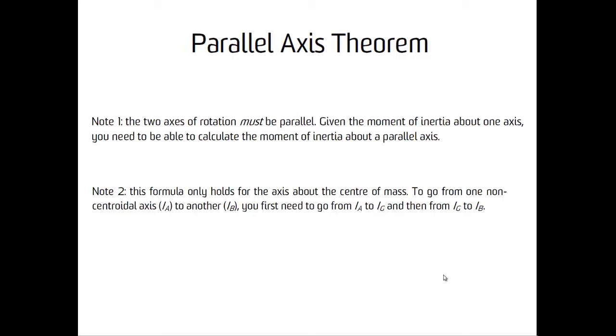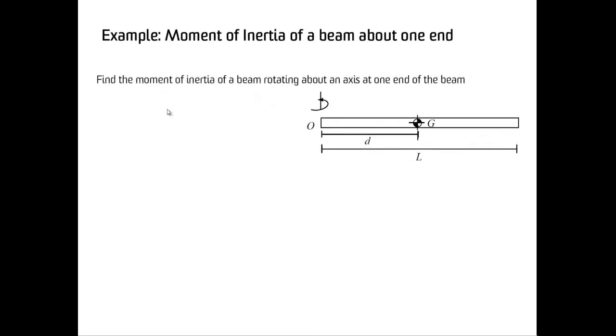Now let's look at a quick example about the parallel axis theorem: the moment of inertia of a beam about one end. We first list the parallel axis theorem. I_O is equal to I_G plus M D squared. Now I_G we've already found above for a beam. It's mass times the length squared divided by 12. M D squared turns out to be the mass of the beam times the distance between the point O and the point G,